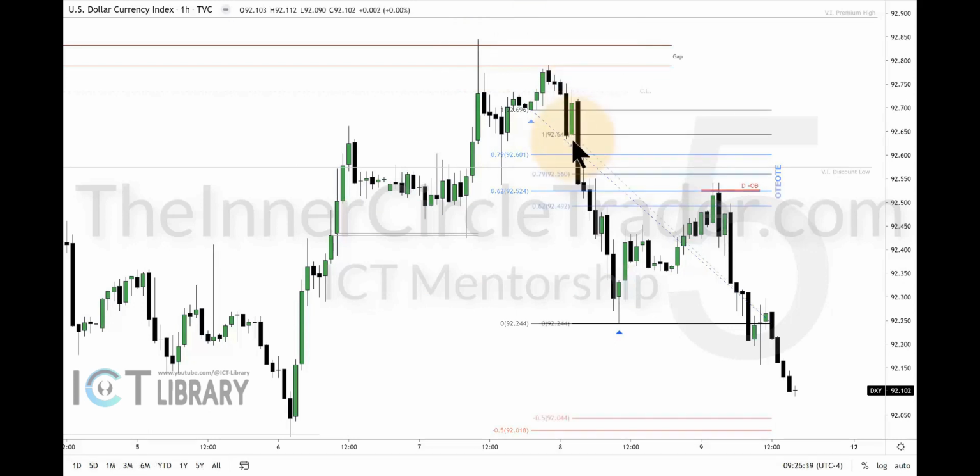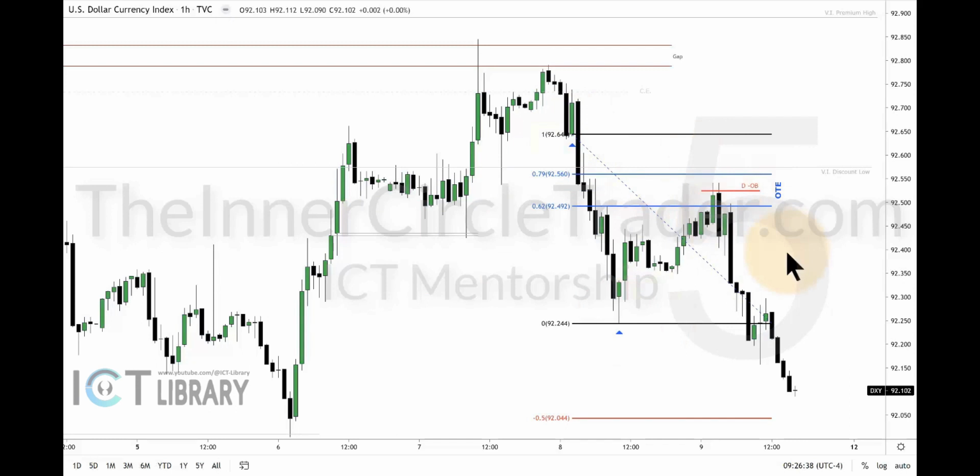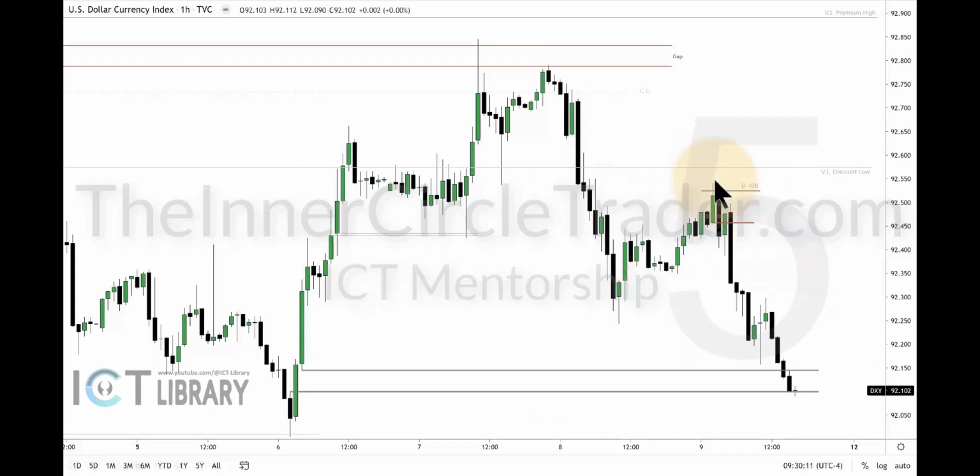Now we're going to look at the secondary change in the state of delivery, which is this low here at the opening price. When it creates that up close candle, draw your fib from that down to the low, same thing. You get essentially the 70.5 level, but optimal trade entry nonetheless. Market breaks away from that optimal trade entry and daily bearish order block. Breaks lower. We have no change in the state of delivery there,